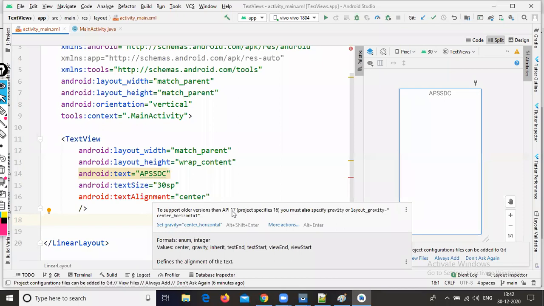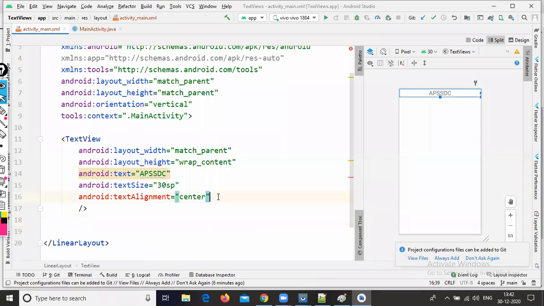So in case you want to rectify or remove this error, just click on Alt Enter.